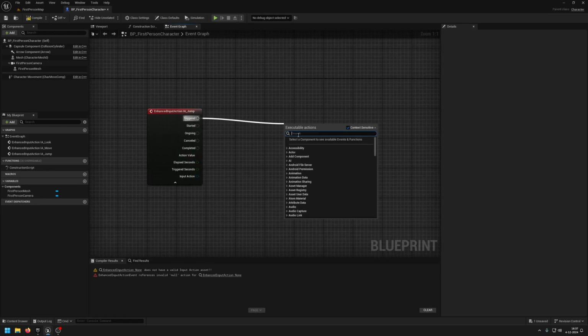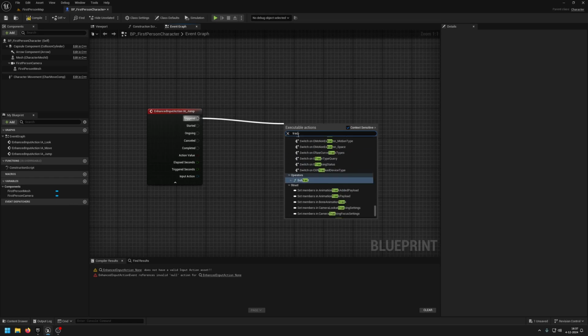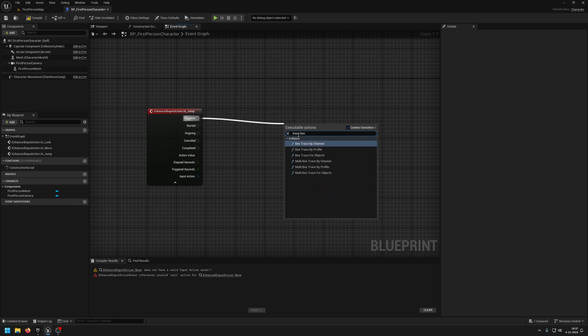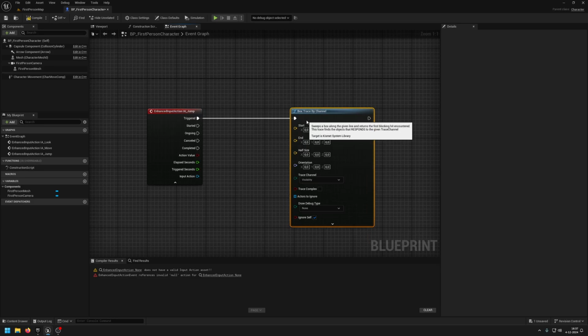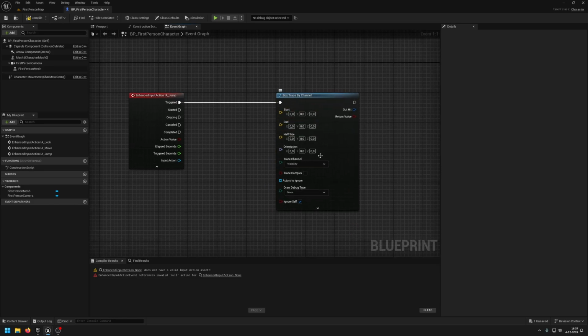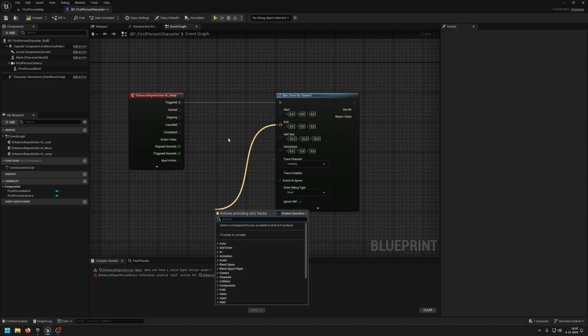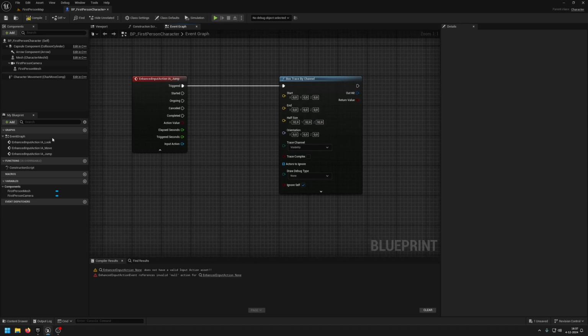What we are going to do is we're going to actually shoot out a ray. So what we're going to do is we're going to box trace by channel. And this one has a lot of very hard components to it. But what we really want is a half size of 32. I found works well. And then for the start, for the end, we're going to create a new macro,